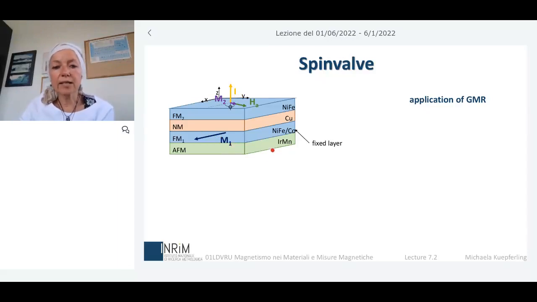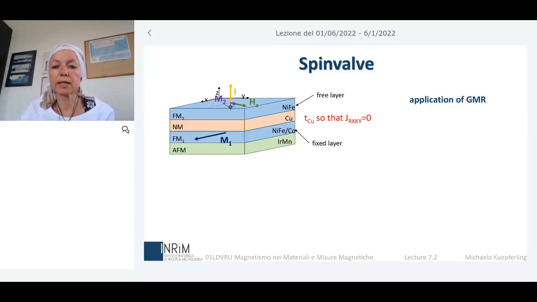Another very elegant way is to put below the ferromagnetic layer an antiferromagnetic layer. The antiferromagnetic layer will not contribute with magnetization because overall magnetization is zero, but you can consider it as having many layers inside which are alternating the magnetization direction. So the last layer will point in a certain direction, and this, however, will couple via exchange with the ferromagnetic layer and will impose a certain magnetization direction on the ferromagnetic layer. So this is to fix the